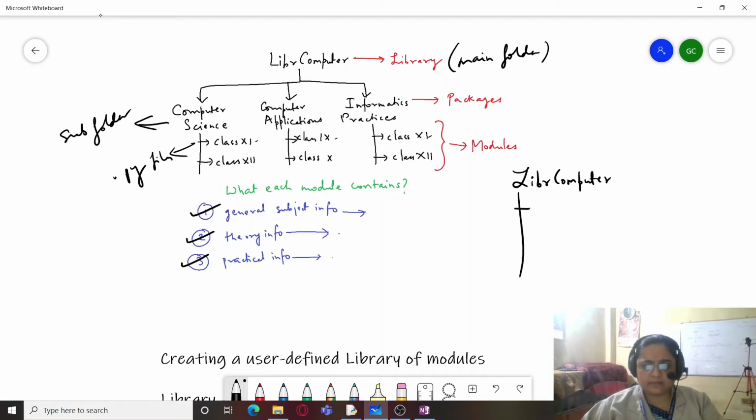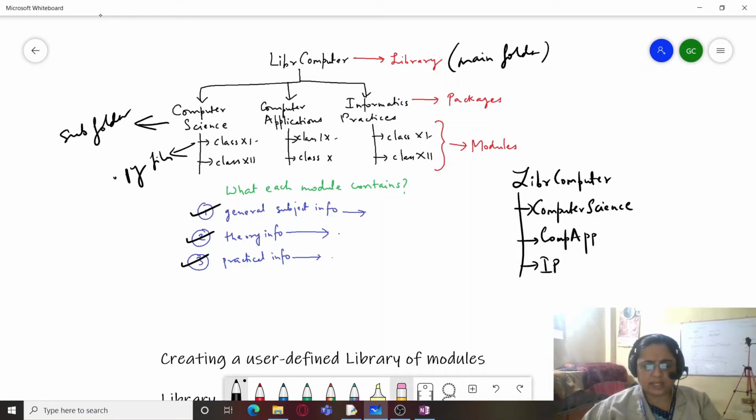Within this I will be having three packages. So I will be naming them like this: Computer Science, Com App, which is computer applications, and IP.